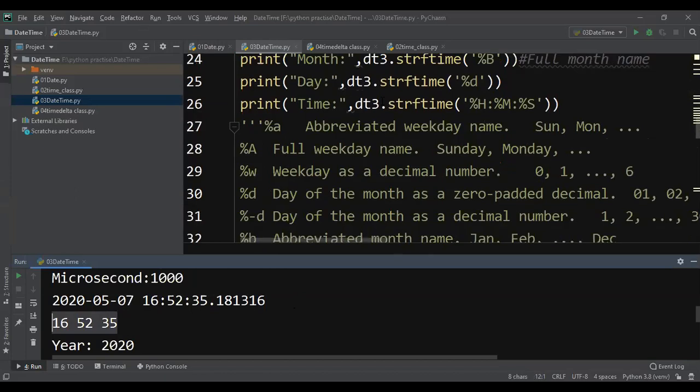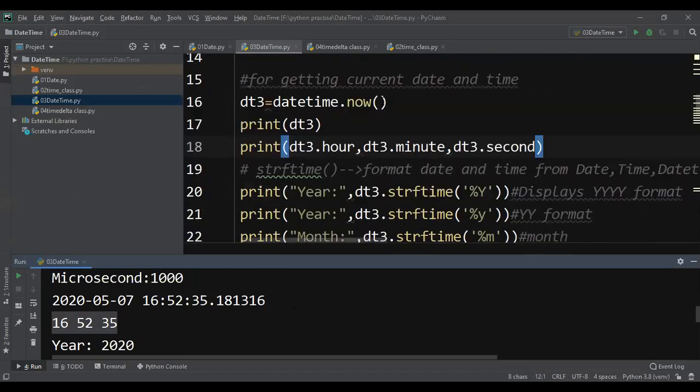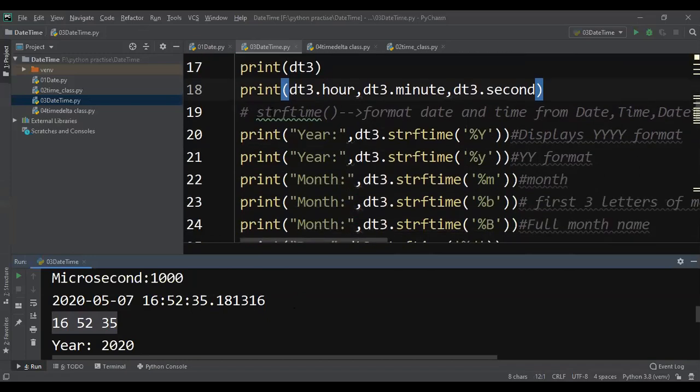And remember, one important function is there in the datetime module, the strftime function. By using this function, you can print different values like year, month, day, and time also, in different formats. For example, year in 4-digit format, year in 2-digit format, or day as the first 3 letters, Monday means MON, Tuesday means TUE.